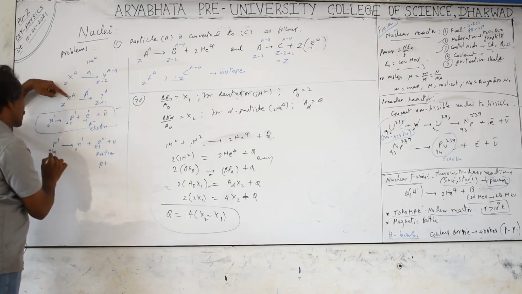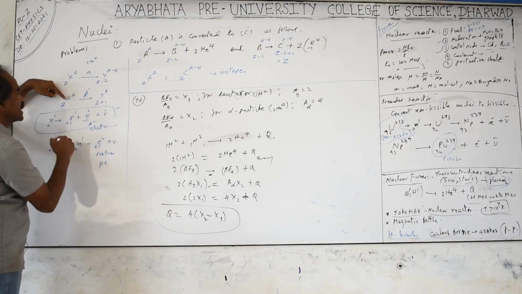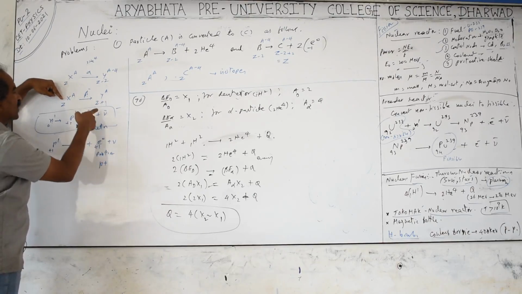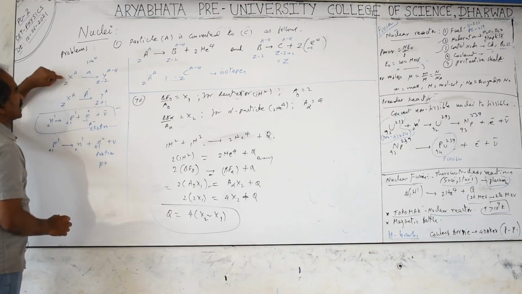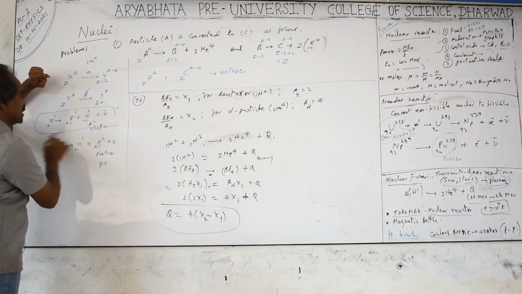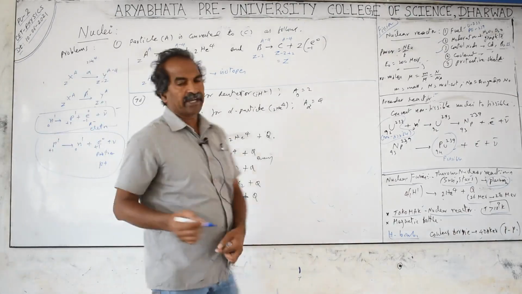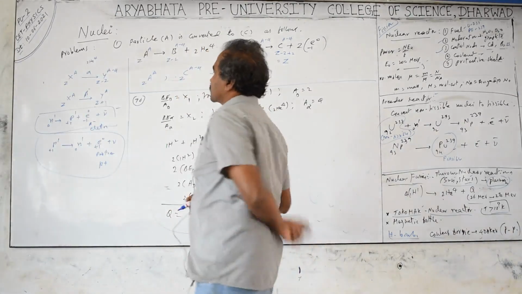Like that you take it. If beta plus emission is there, beta plus emission means a proton is converted to a neutron. That means Z decreases by 1 unit. Z decreases by 1 unit when a beta plus particle is produced, Z increases by 1 unit when beta minus is produced, and when an alpha particle is emitted, Z decreases by 2 units. Please check these reactions carefully. This is required for the next part of this nuclear topic, radioactivity. In that also these equations are required.